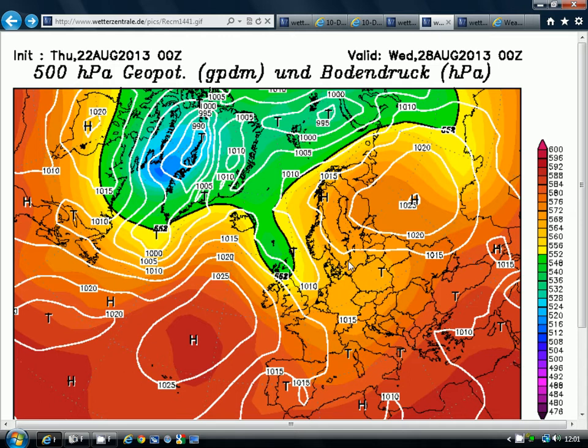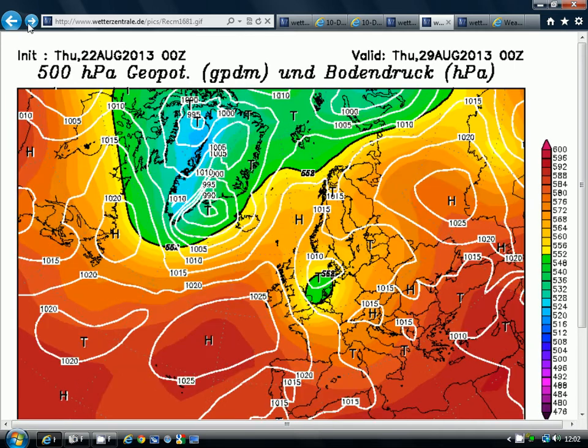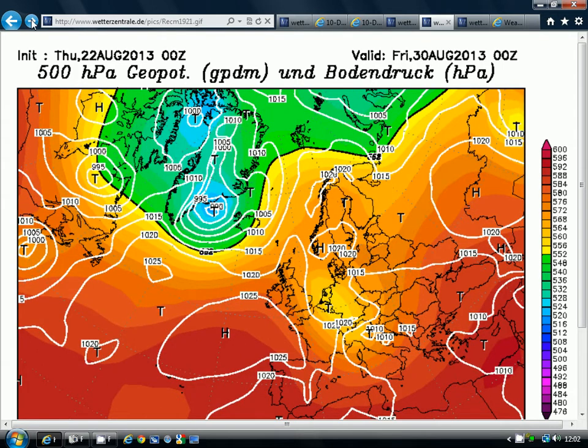The ECMWF again shows that we've got high pressure out to the west of the country early next week. The low pressure is up to the northeast. This could be a little bit more unsettled through the middle of next week. Actually, many places could have some cloud and rain coming down with that. And as we go out to Thursday the 29th, which is a week away, we've got the low pressure sitting in the North Sea, so that could be bringing some cloud and rain to eastern parts of the country through the middle of next week. That's more unsettled, I think, for next week than the GFS was showing.